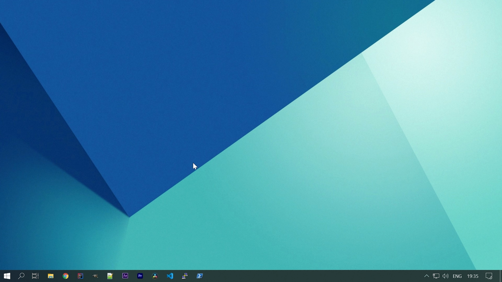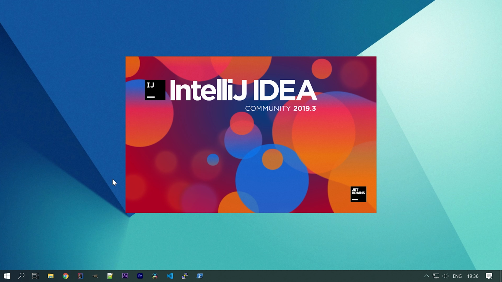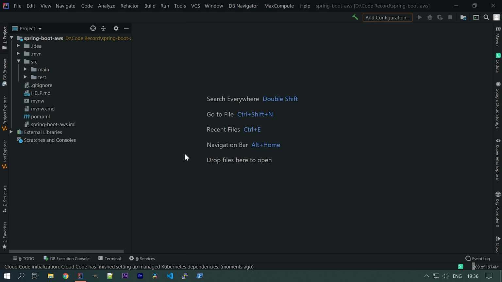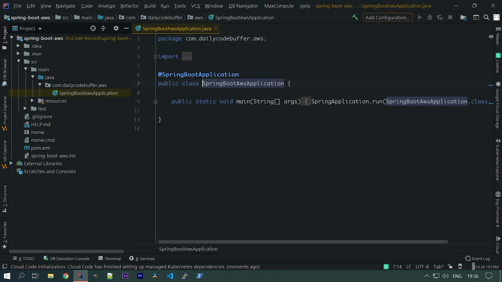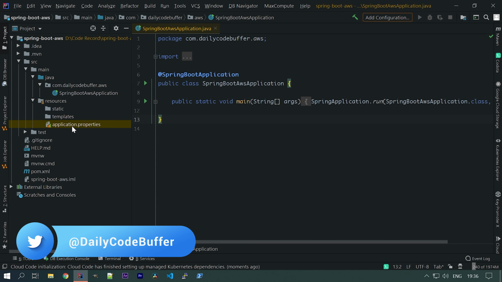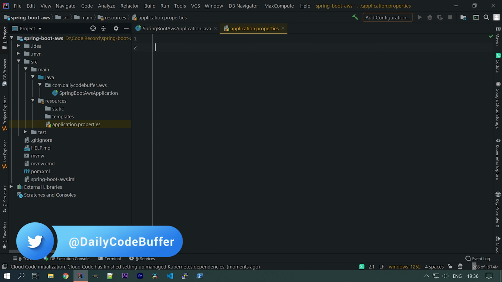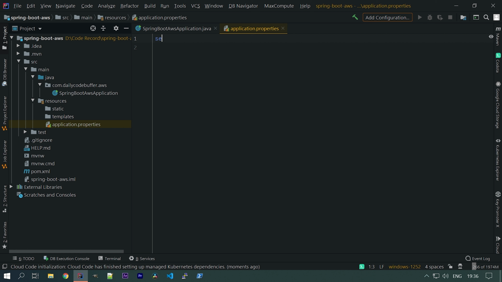So here we will create a basic Spring Boot application with a basic controller and a basic REST endpoint, and that we will deploy to an AWS EC2 instance and S3 bucket. Okay, so let's open IntelliJ IDEA and create a project. So you can see here I have created a basic project, that is Spring Boot AWS. If you open it, you can see that it's a basic one. There is only one file over here, the Spring Boot main application file, and we have application.properties. Okay, let's first change the port over here,